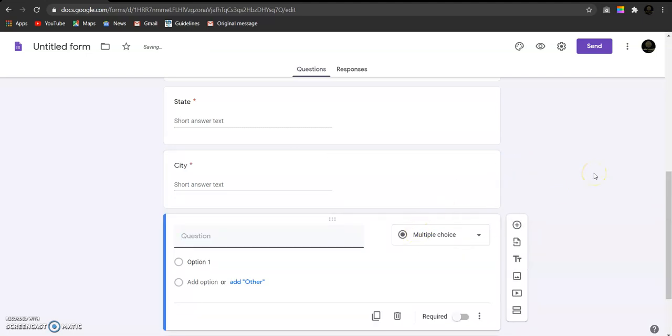Next, I need to know whether the person has installed the app or not. So in order to know that, I'll ask him to send the screenshot of his profile page, so that whenever I see the screenshot, I can confirm that that person has installed this app and created an account in it. So in order to get a screenshot from the person, I'll name it as screenshot.